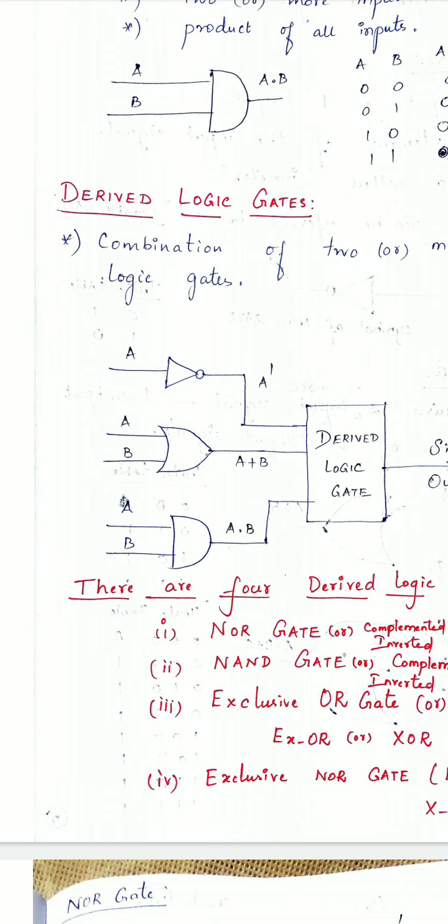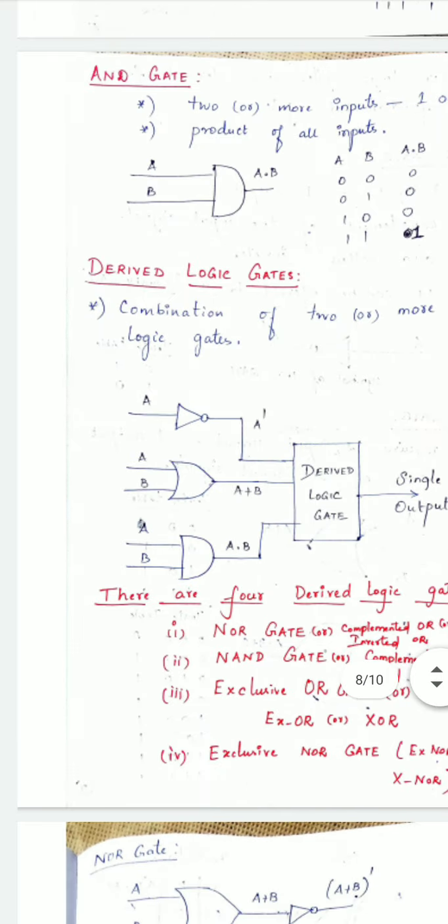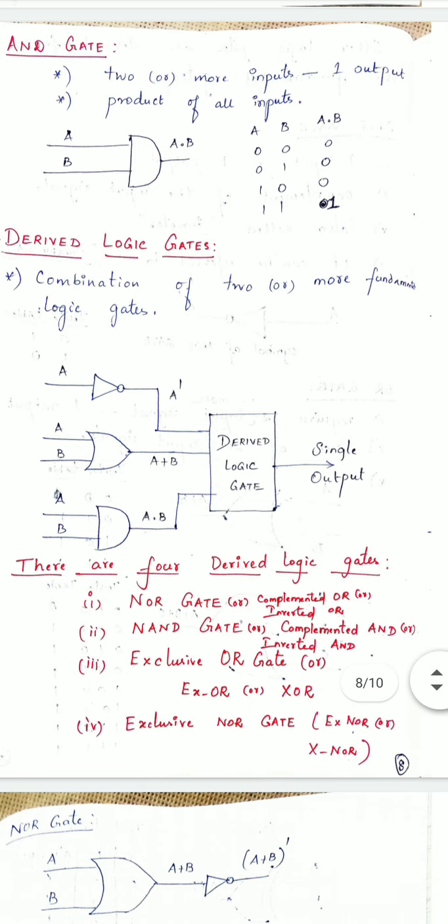Next, today in this session we are going to learn derived logic gates. Derived in the sense, with the help of or by using basic gates, we are going to derive some other gates. So in simple terms, by combining 2 or more fundamental logic gates, you can come out with some other different flavors. So that's what is called as derived logic gates.